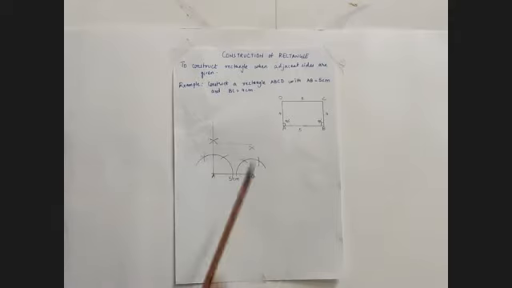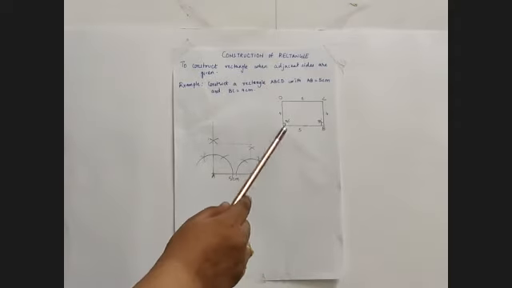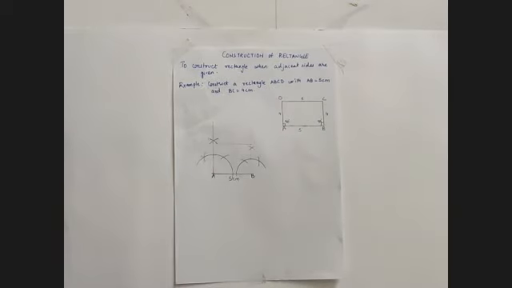And since all the angles in the rectangle are 90 degree, so we will be using these two angles also. So here you can see that the first three steps I have already done. AB is equal to 5 centimeter. You just have to draw this, and we already know how to construct 90 degree. So with A as center and B as center, I have constructed 90 degree.